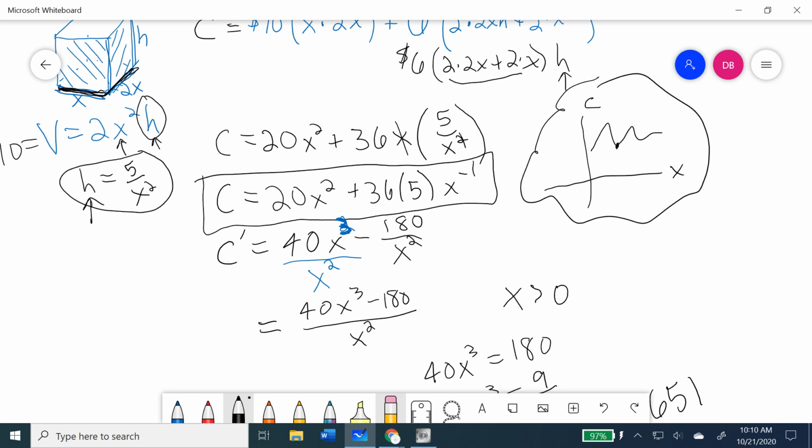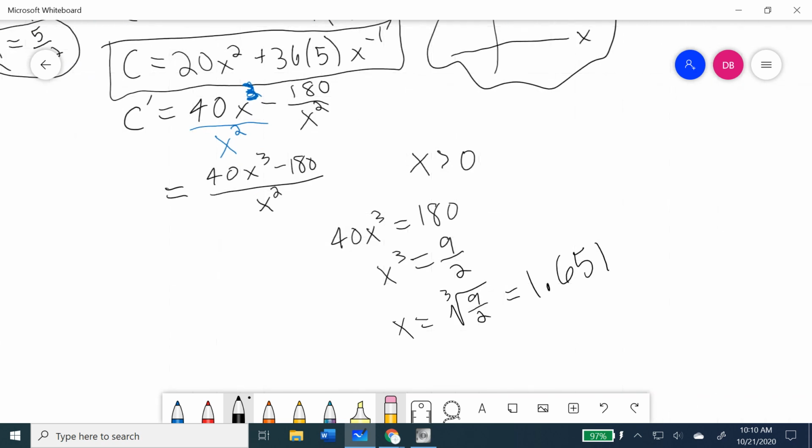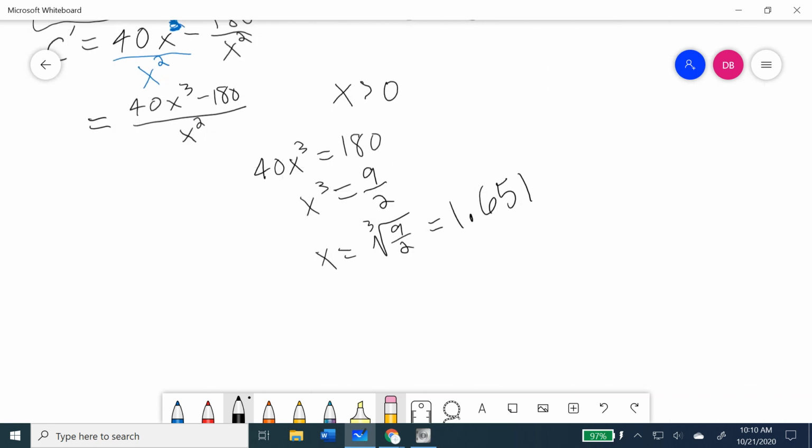But I also want to point out that when you're in a non-multiple choice situation, when you're in free response, justification is important. So if this were a test, if this were the AP test, it would be important for you to say that the rate of change of cost is,